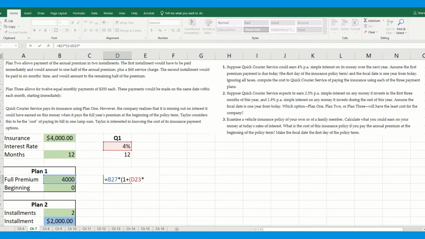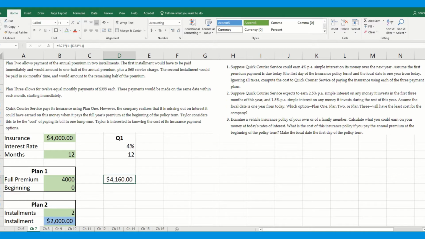So we can put 1 in there, I guess, for 1 year, or times 1, and close. Okay, so we have our full premium starting from 0 all the way up to 12, says that we have a full year paying 4%. Okay, so that is our first answer